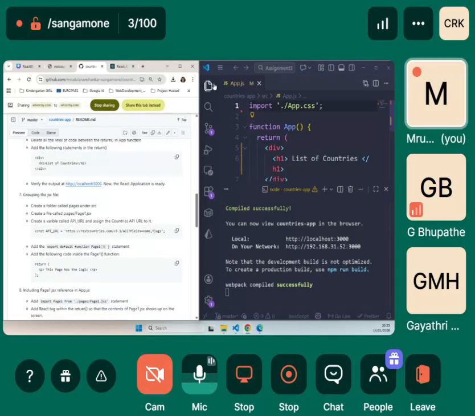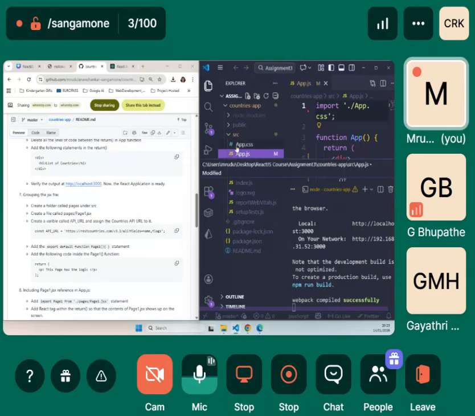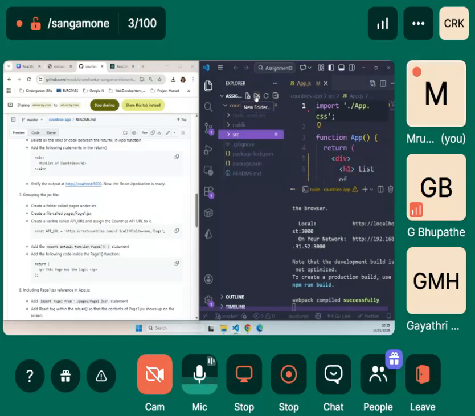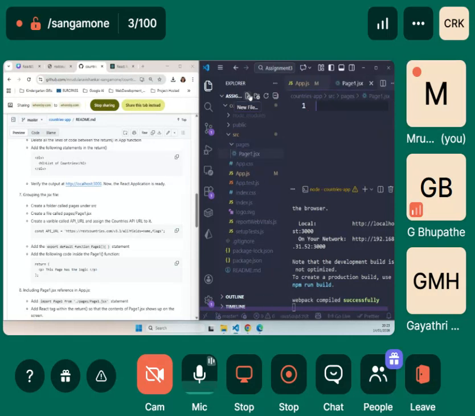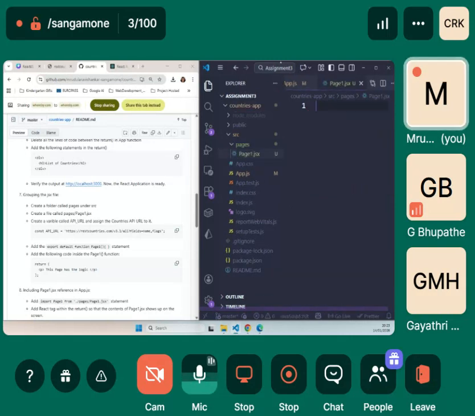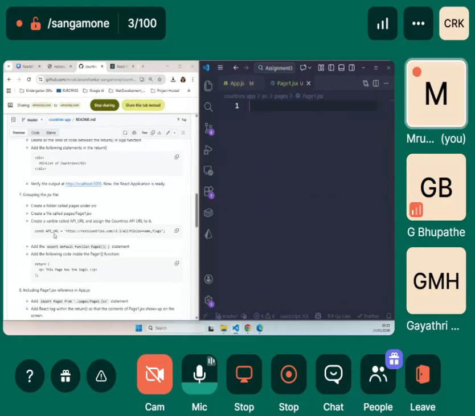Next, what we need to do is create a JSX page called page1 under a new folder in src called pages, and then add a new file page1.jsx. Now let us see what needs to be done. We need to have a variable called API_URL. const API_URL equals quotes, then close it.